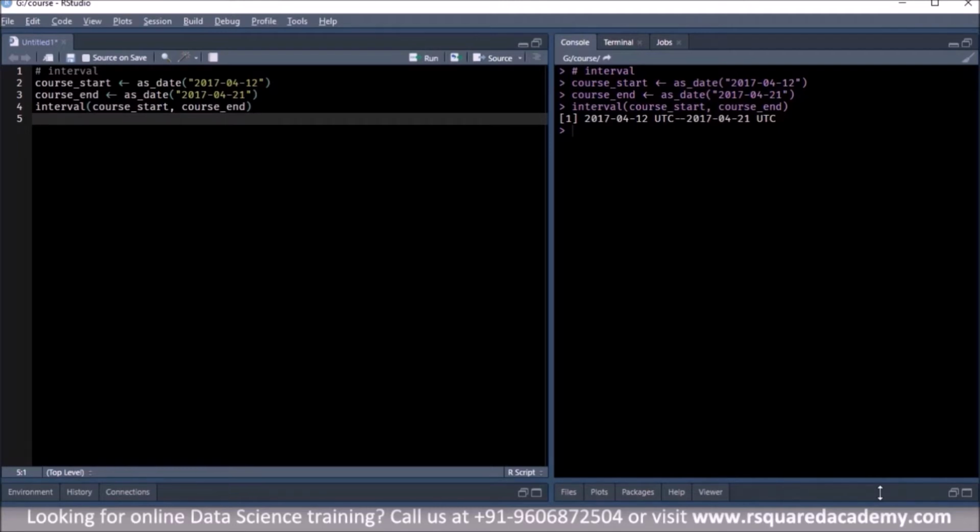Okay, so what do you do with this? How do you use interval in your data analysis? We should be able to use this for something. Now let us say you are planning a vacation, and you want to check if the vacation dates overlap with the course dates.